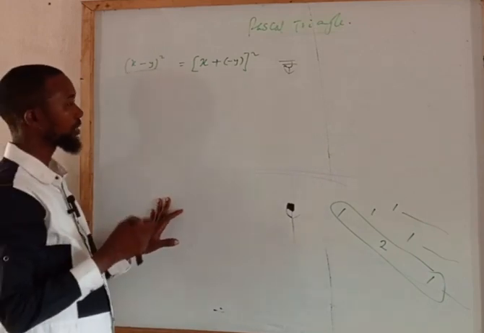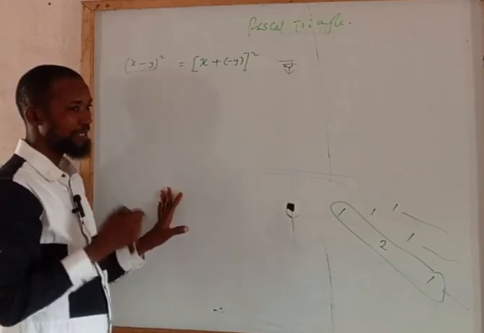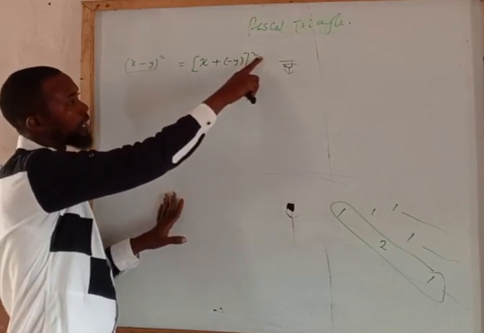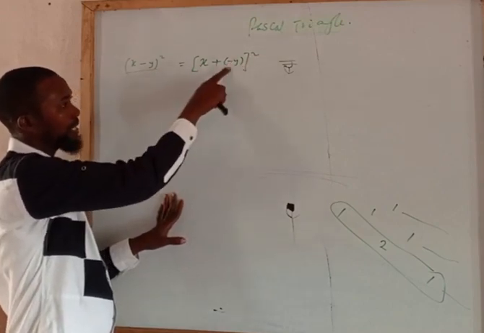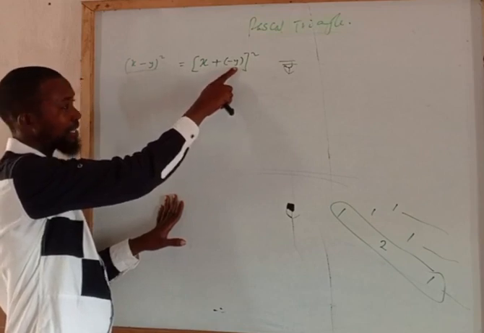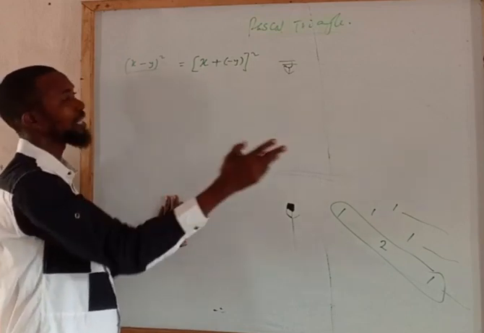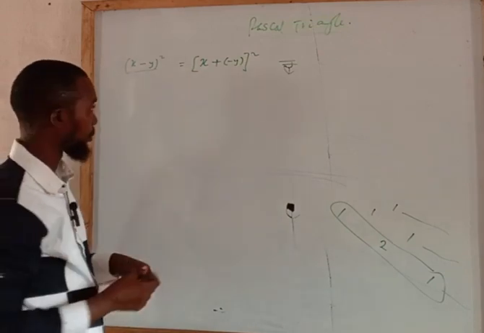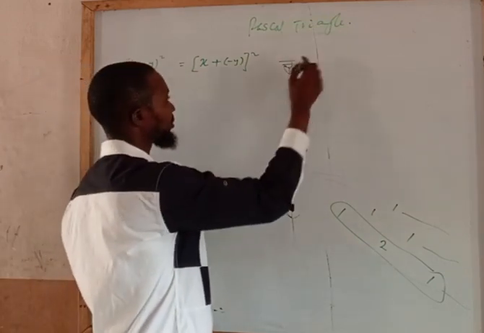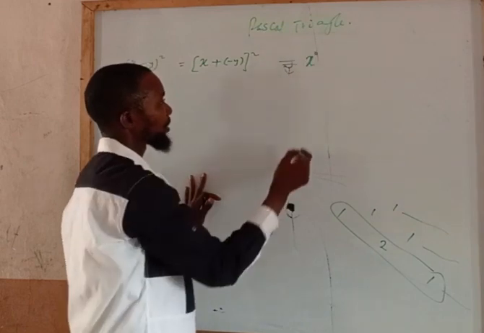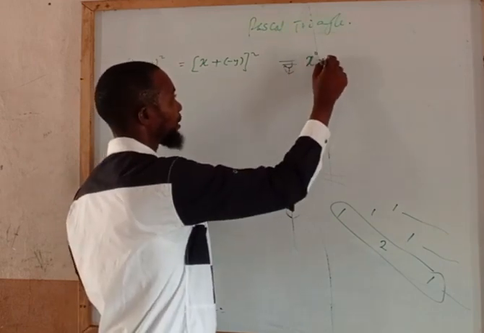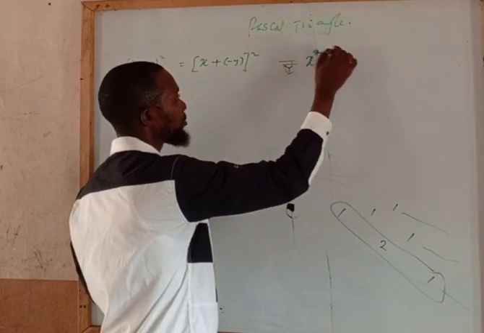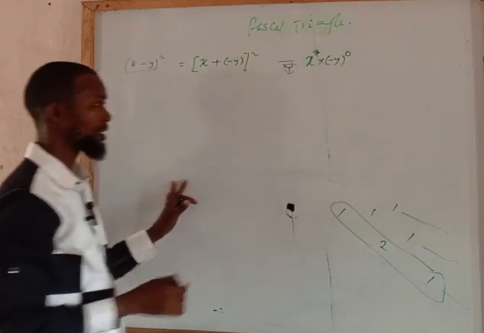In the first instance, this one will be written in such a way that it occupies the whole power, while this will have a power of 0, and we'll continue that way until this one has a power of 0. So I can express it as x raised to the power 2 multiplied by minus y raised to the power 0,